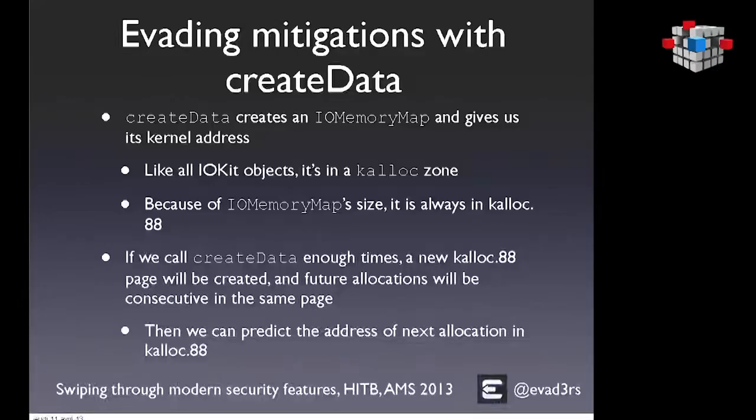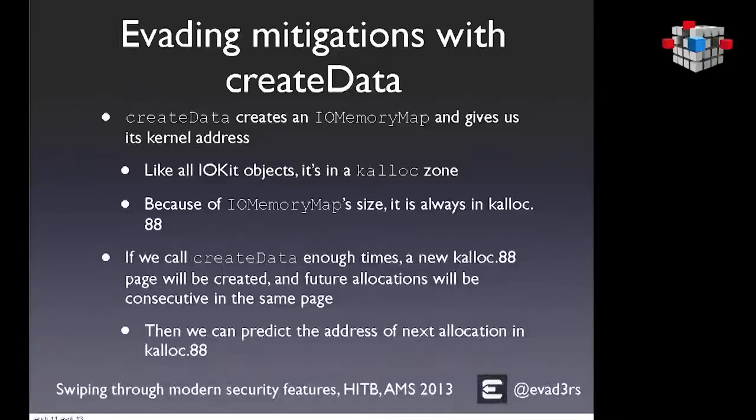And again, create data creates this standard Apple structure, an IO memory map, and it gives us its kernel address as the token, as I was talking about earlier. At the end of the day, it will live in one of the calloc zones. Because of the particular size of this element, it's always going to be in zone 88 decimal. Now, what we're trying to do, it's not enough to know it exists inside that calloc zone. We need to know specifically where it's going to exist